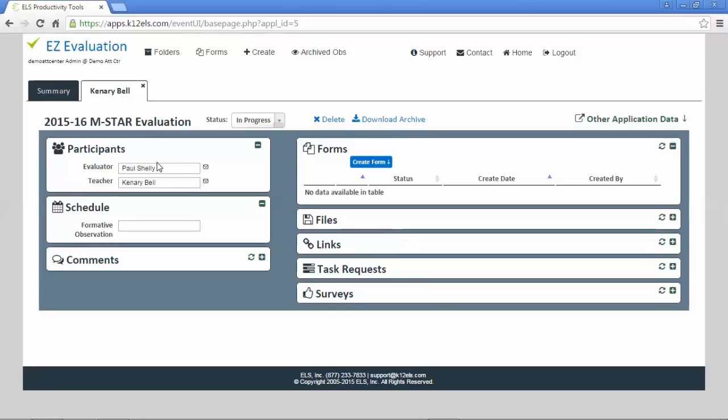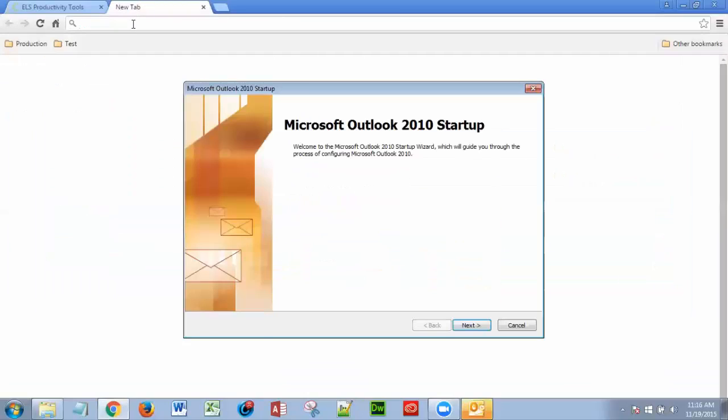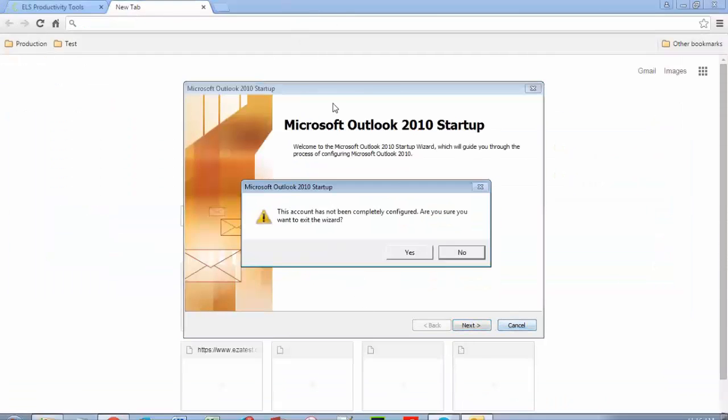So we're able to see the participants in the folder. Here's our evaluator. Here's our teacher. We can also email any of these participants by clicking this button. That will take us to whatever email server we're using at the time. One thing to kind of keep in mind here,